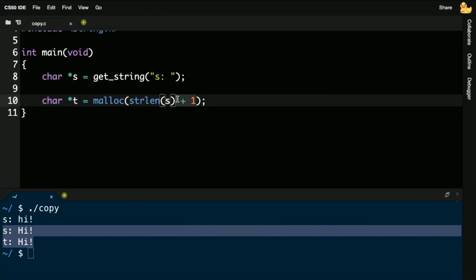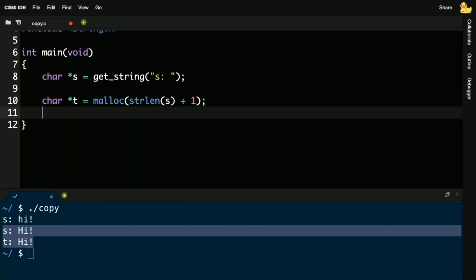Well, HI exclamation point null character, that's technically what's stored underneath the hood. But what do you and I think of the length of hi as being? Well, odds are in the human world, it's HI exclamation point. And who cares about this low-level detail, this null terminator? You don't include that in the length of an English word or any word. You only think of the actual characters you can see. So the length of hi is 3. But I do need to cleverly add one more byte, a fourth, for the null character, because I'm going to have to copy that over as well. Otherwise, if I don't have an identical null character, T is not going to have an obvious ending.